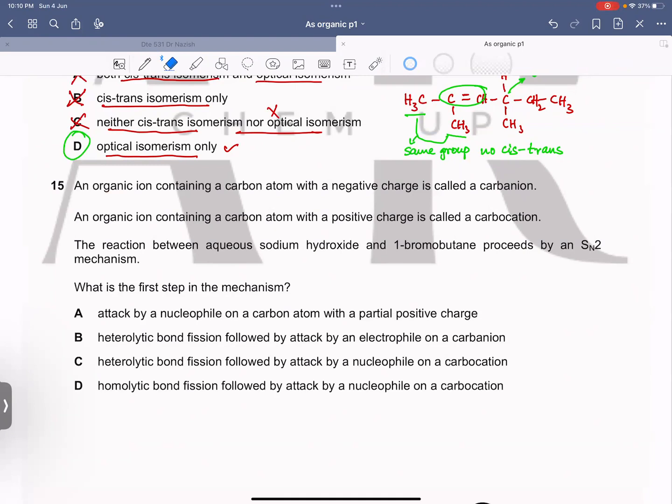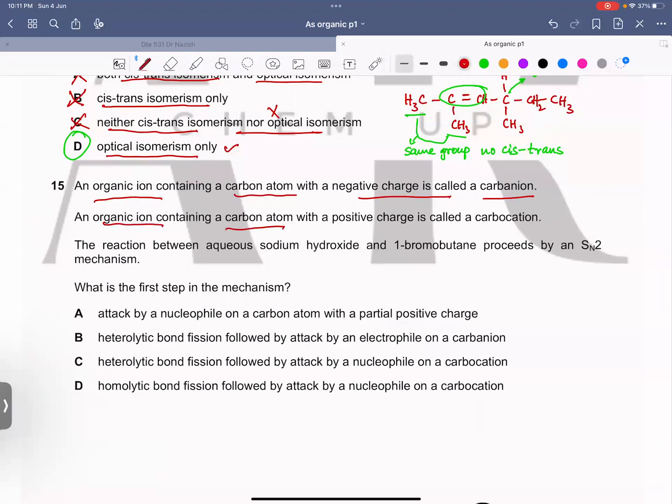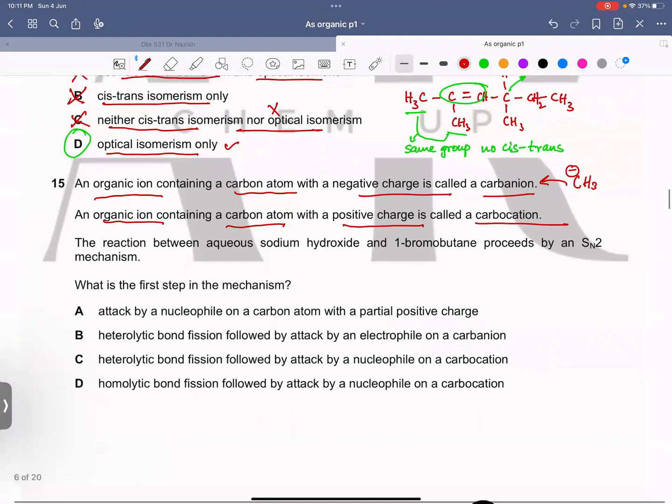An organic ion containing a carbon atom with a negative charge is called a carbanion. An organic ion containing a carbon atom with a positive charge is called a carbocation. For example, a CH3 with a carbon with a negative charge is a carbanion, and a CH3 or any other alkyl group having a carbon with a positive charge is a carbocation. The reaction between aqueous sodium hydroxide and 1-bromobutane